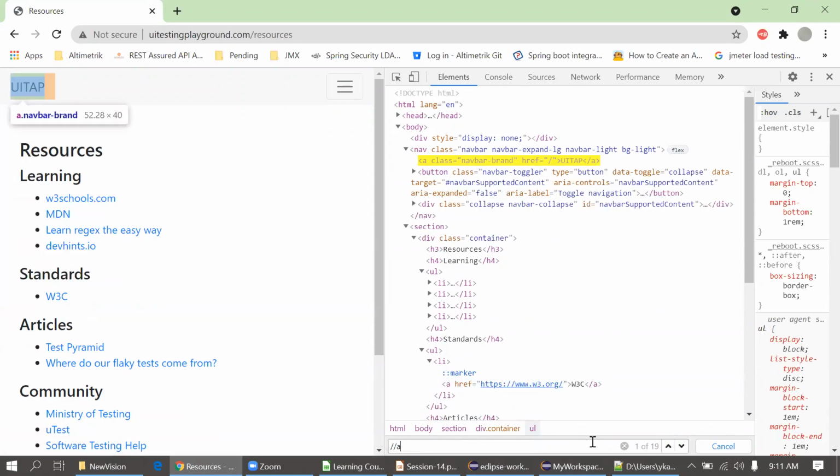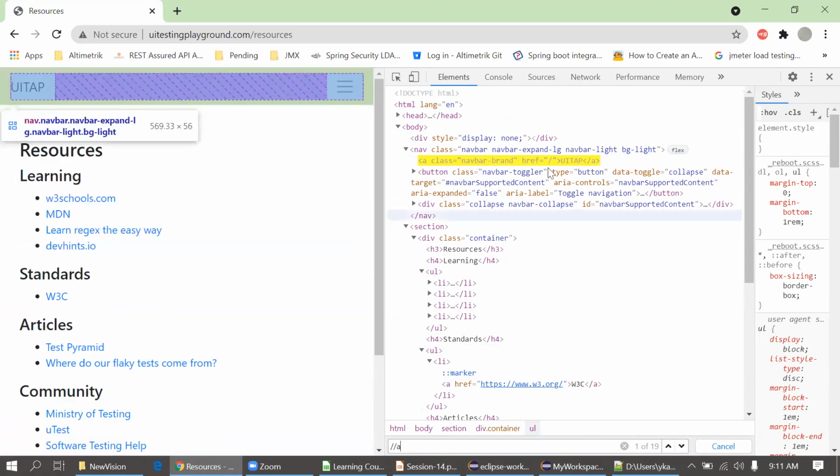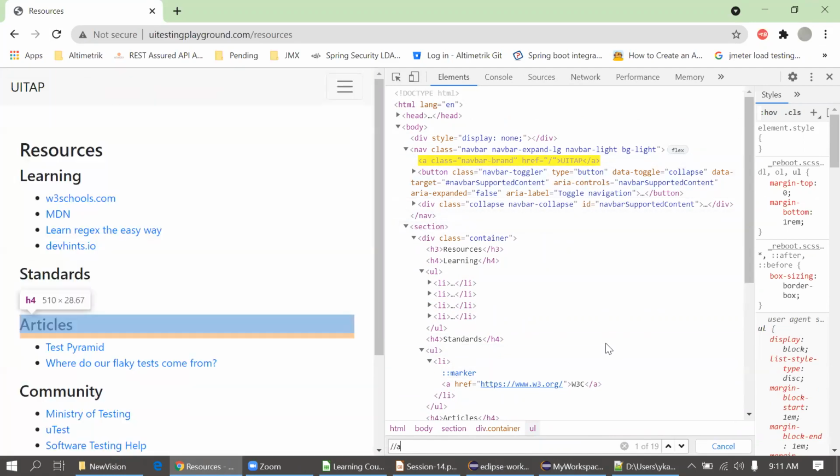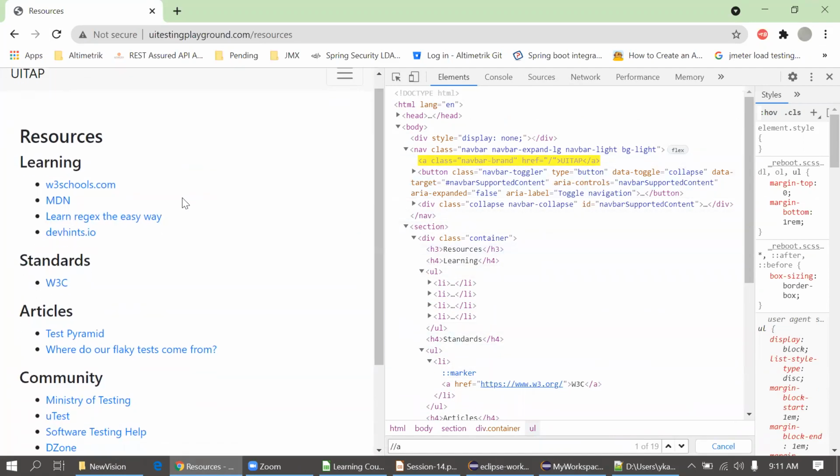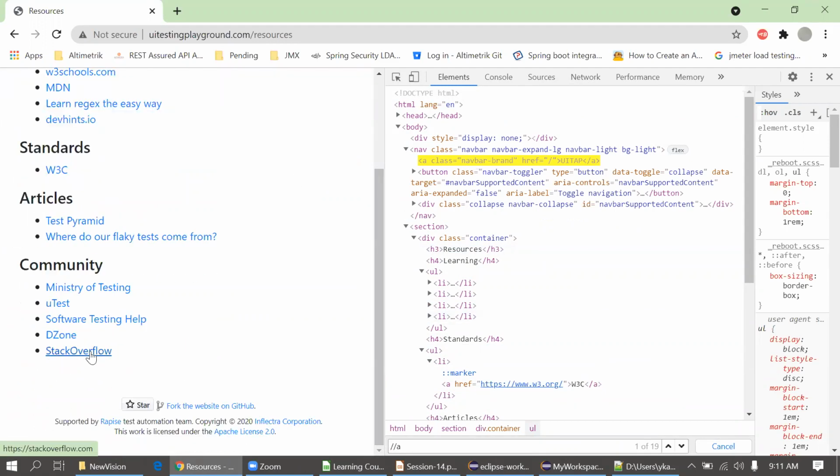How many links am I getting now? 19. Okay, whichever I require, I only require from w3schools.com till this Stack Overflow. But I'm getting some extra links from this website, this Apache license, this repo, which we don't want.